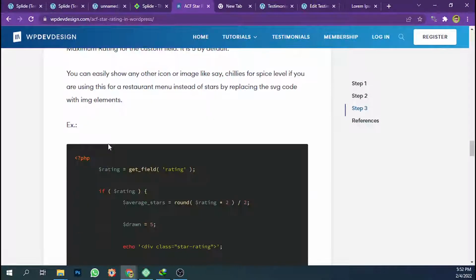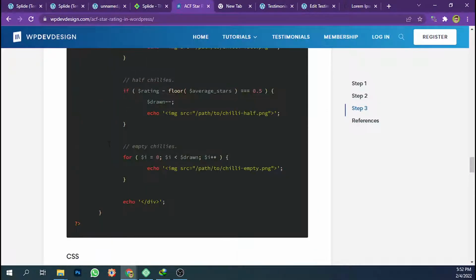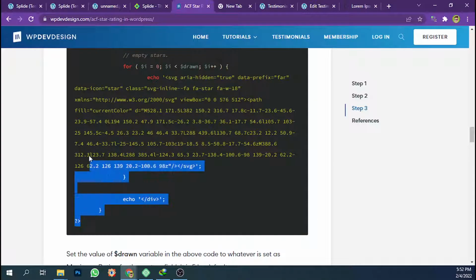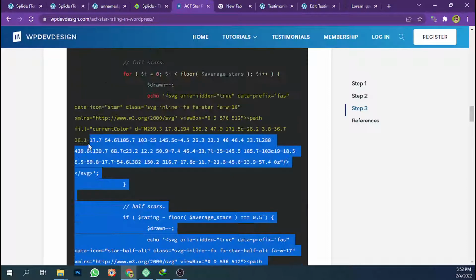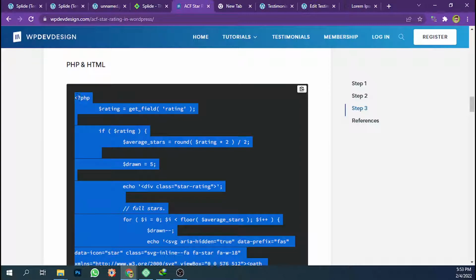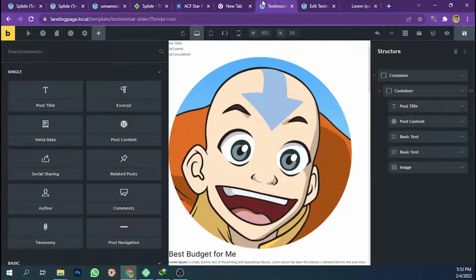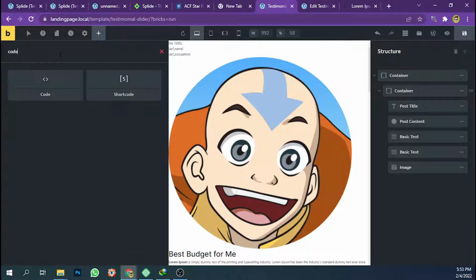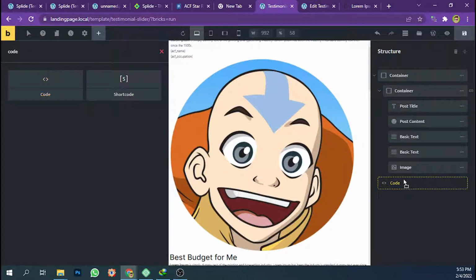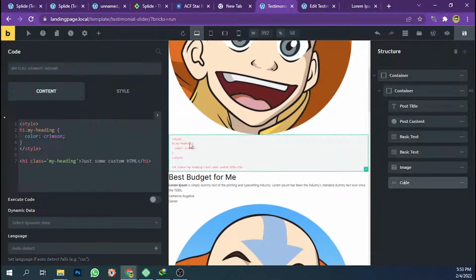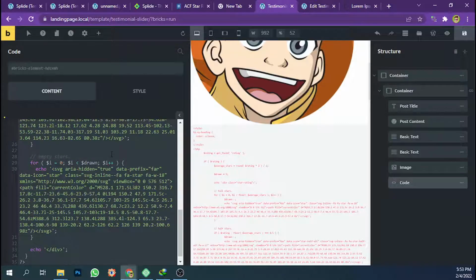And wait, how about if I just copy all this to the code block, so we don't need a custom function. We just need to add the code block here. Where is the code block? Code here and here,